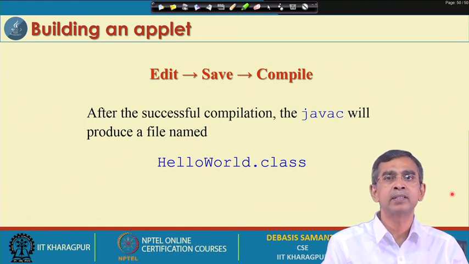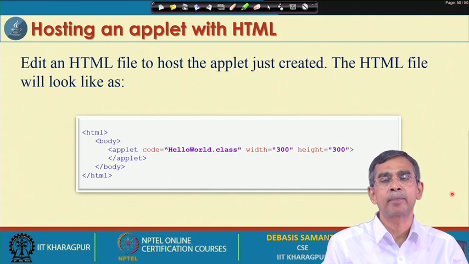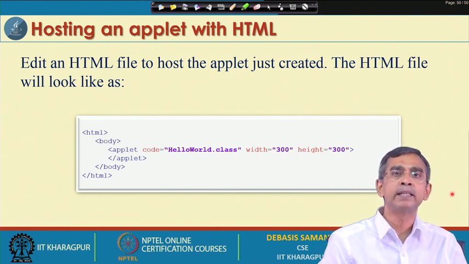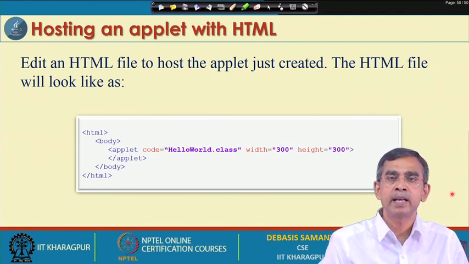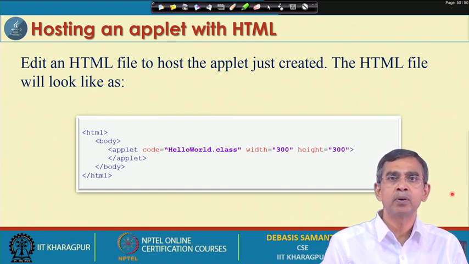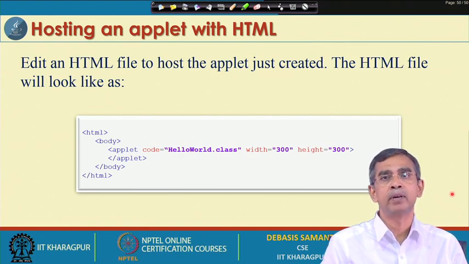It is the same as in the case of an application that you have already learned. Now, I will come to the discussion of running, I mean how to execute this class file. Here is the difference from application to applet running. In the case of an application, we use the java command, which is basically an interpreter that executes your program, but in this case we cannot use java, rather we can use appletviewer.